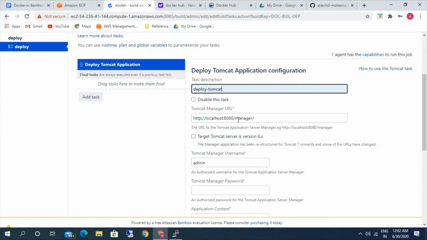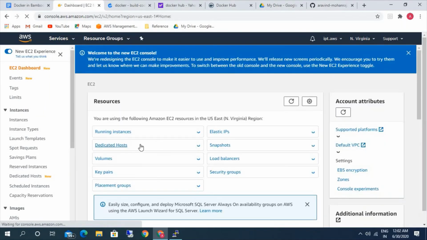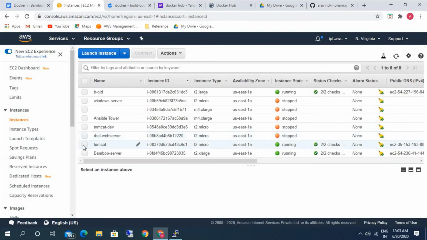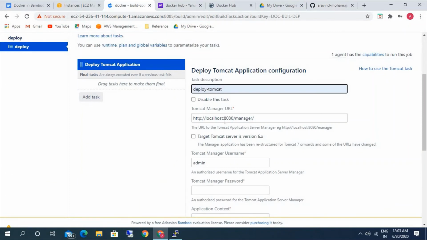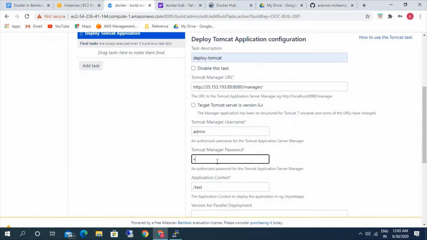We need to give the localhost and Tomcat URL. In our previous video we saw how to create Tomcat, how to create a user, and how to authenticate it. We'll be using the same server here, just giving the IP address of that server and the username and password that we created for it.